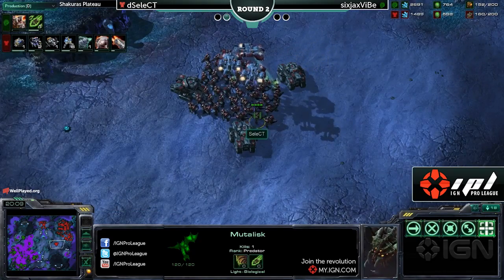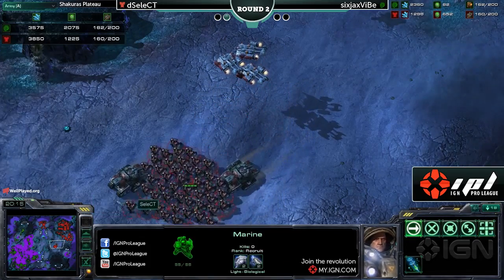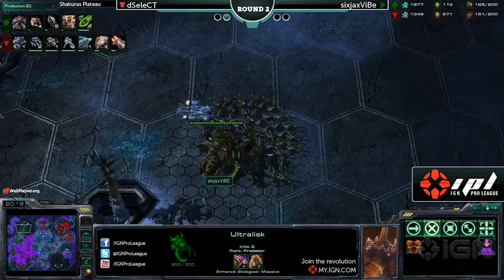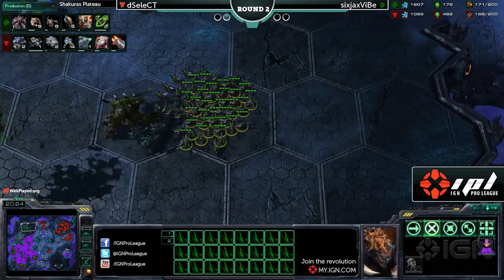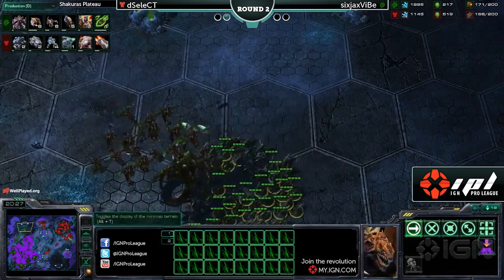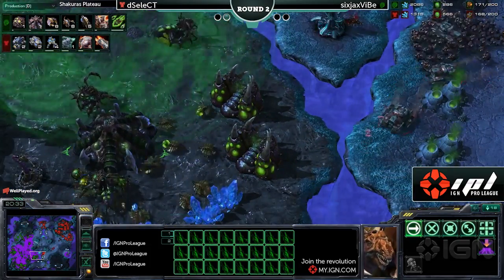Select staying on top of his macro, still ahead in supply, still has another army ready and waiting back at his base. Yeah. And it looks like ViBE might try and push the top right now, but I don't know if that's the best idea because he's definitely going to be trading bases here. Yeah, absolutely. I mean, Select dropping here didn't really do too much damage, but he still has such good macro, and like you said,